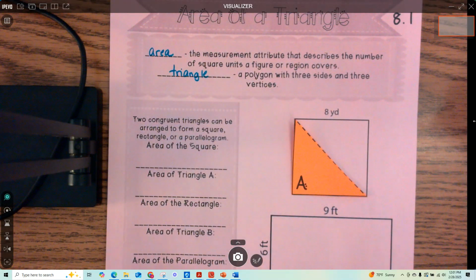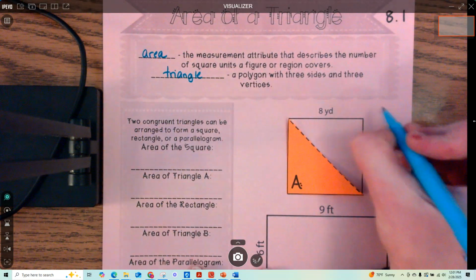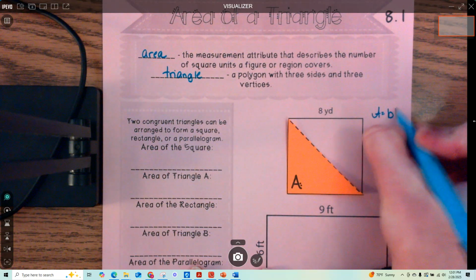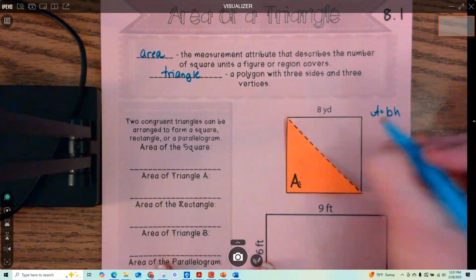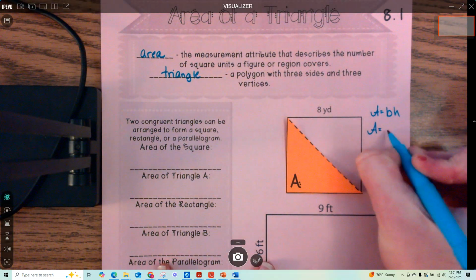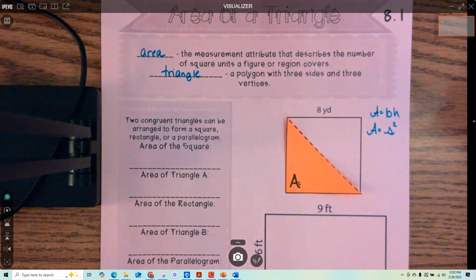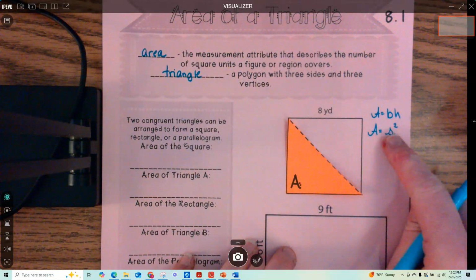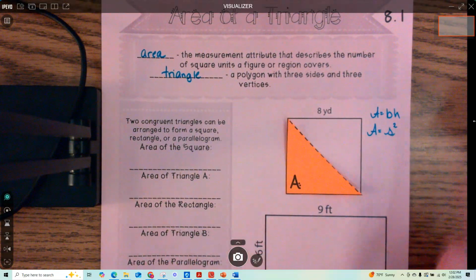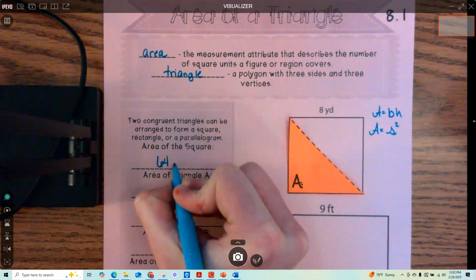All right, what's the formula for the area of a square? Oh, for a square, sorry. Just base times height, right? Area equals base times height. In a square, though, we've even got a more specialized formula. We can say it's side squared, because all the sides are the same, because 8 times 8 is the same as 8 squared. So the area of that original square was 64